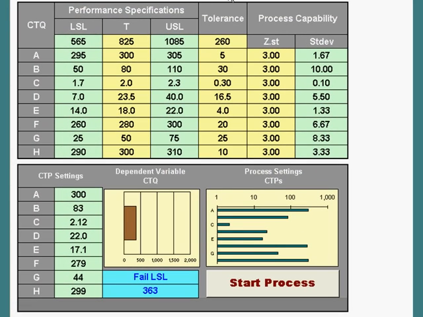So let's go to the simulator and see what we can find in the way of data. This simulator has an output variable, which we see down here, in this case 363, and we have a set of input variables to the process that we think might be driving it. Well, you can go in and modify this table and set yourself up a designed experiment and determine how much each of these drives the output, and that's a little beyond what we're going to do here. I'm just going to collect a set of output data and we're going to analyze that. And all I have to do is just start this,